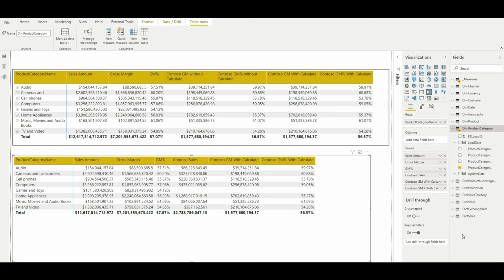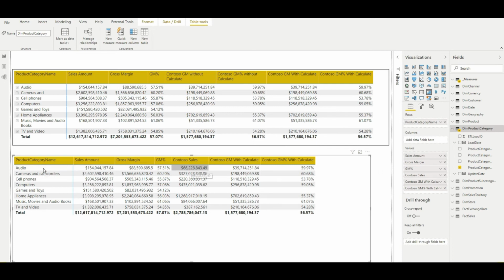Let us go through them one by one. No effect on this one, because it was already being calculated correctly earlier, as we are not placing any filter on the brand name. We are talking about the last three measures, Contoso sales. Now we are seeing the sales amount for the Contoso brand in the audio section. There are two filters existing.